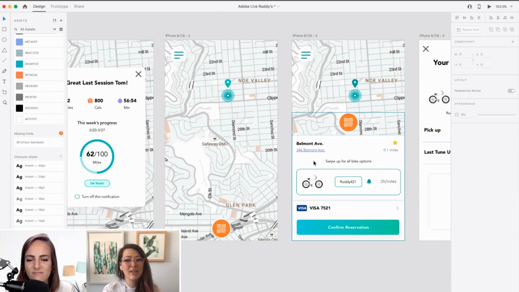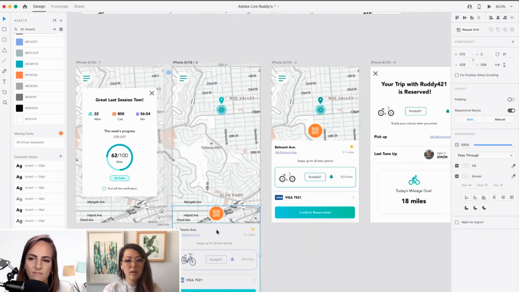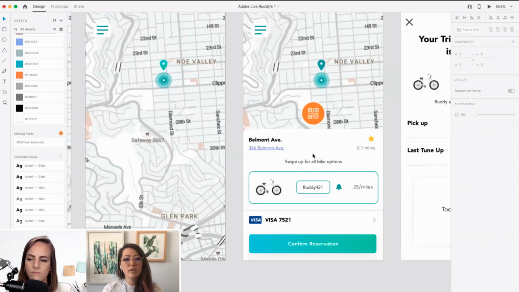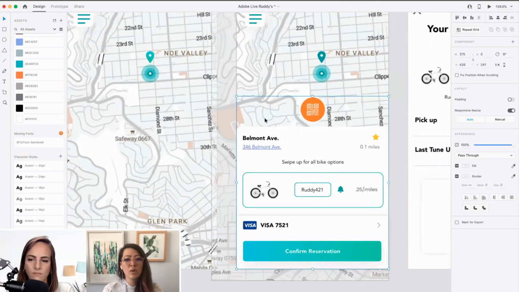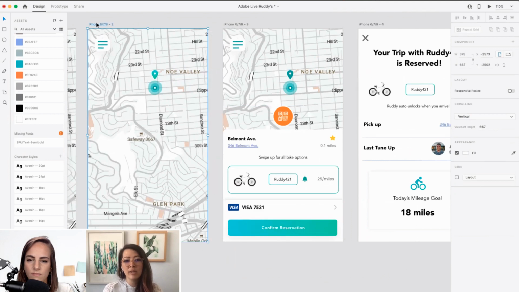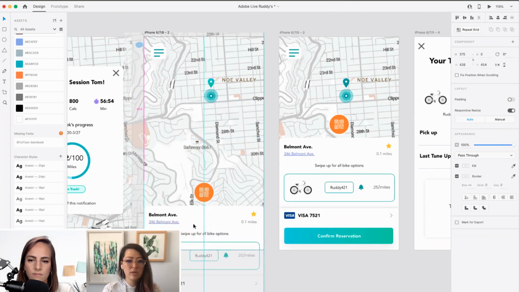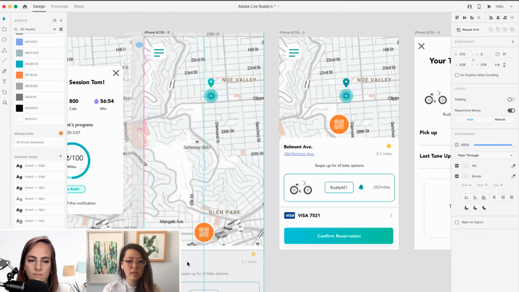It serves a purpose. So what you do for auto animate, and I'm going to show you guys how I do it. If this element, this group, I want it to populate from the bottom of this screen, all I have to do is grab this group, copy it, and paste it into this artboard. Now I'm going to just drag this. I just use Shift to drag this down so that only the barcode is being seen.